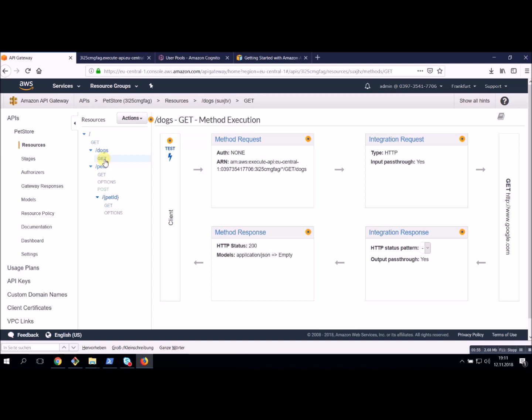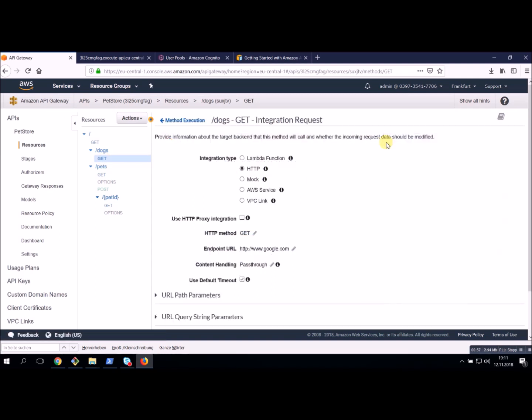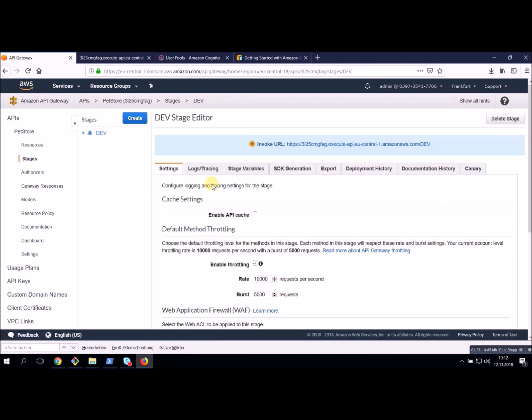Let's try this with dogs. Now we have to replace this domain in here with our stage variable. And now this will be exchanged when you deploy your API to the stage dev, for example, with this variable, or for example for int or prod to another URL. Very useful function. You have some more options on your stages, but I won't explain all of these features here